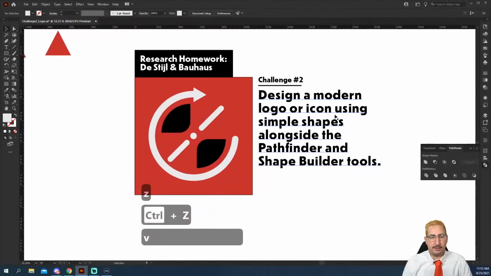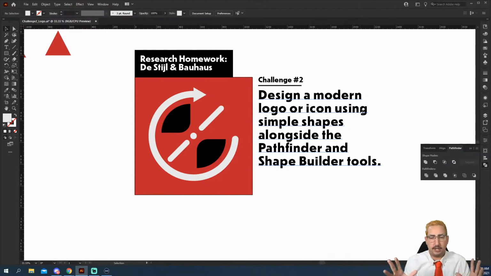We have our Bauhaus logo, and your homework, again, is to create a very simple, modern logo using these simple shapes. We use a lot of circles here, a lot of rectangles and squares, and then we just rounded those corners off using those nodes. So it's super simple to build with those shapes, and then use the rounded corners to make more complex shapes.